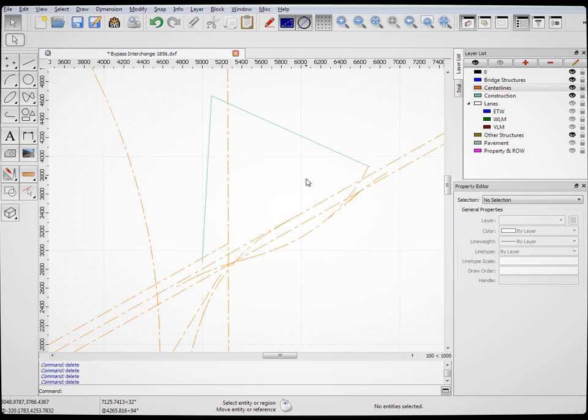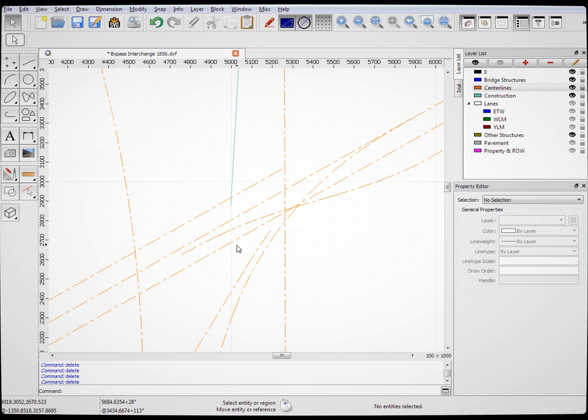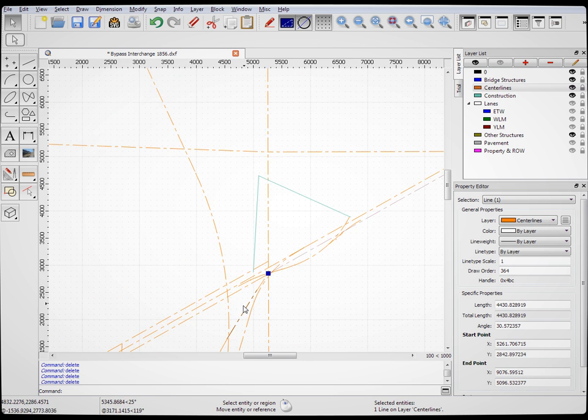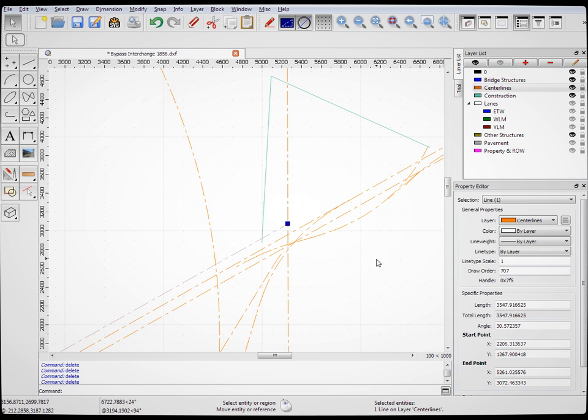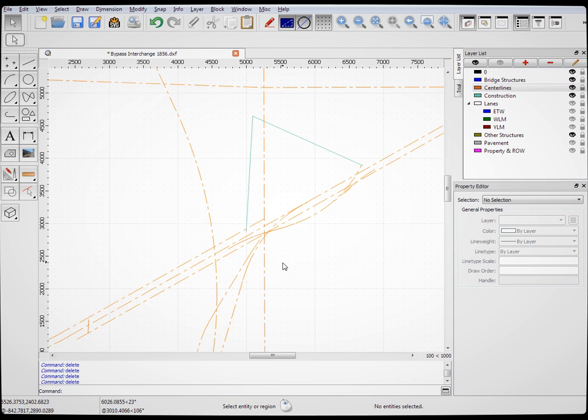Don't need those anymore. Three more transition curves to go for this particular road segment. This is a center line for a frontage road, as is this. Those are definitely going to be modified. Anyway,